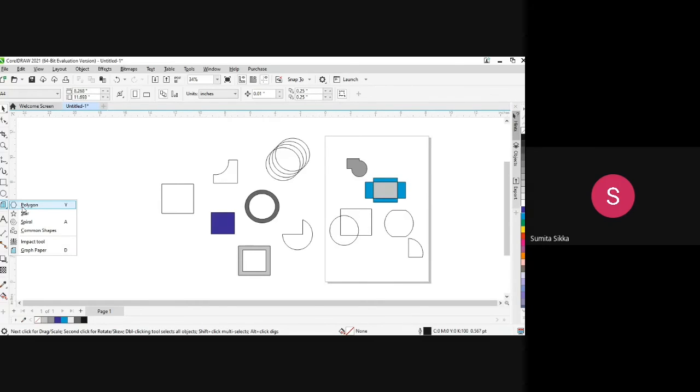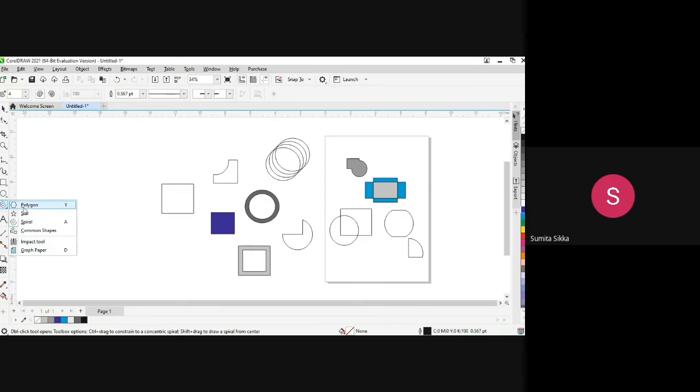Polygon shape, right? When I open this, whenever there is a triangle at the base, at the corner of the tool box where a triangle is made, that means if you go to the triangle, it will give me more options about this tool. See, wherever I'm going, it's giving me more options. So this also has 4-5 options. If I go to the first one, the first one will be displayed here, and if I select any one, say spiral, then spiral will be displayed here. But if any other tool is selected, that will be visible here.